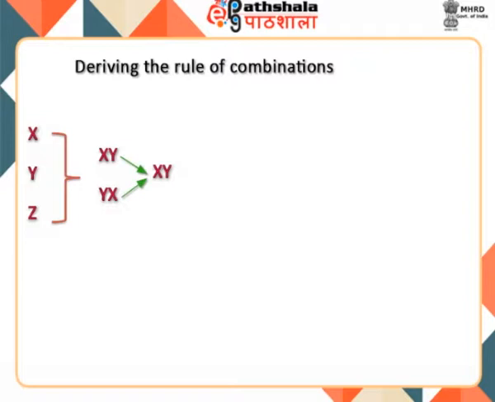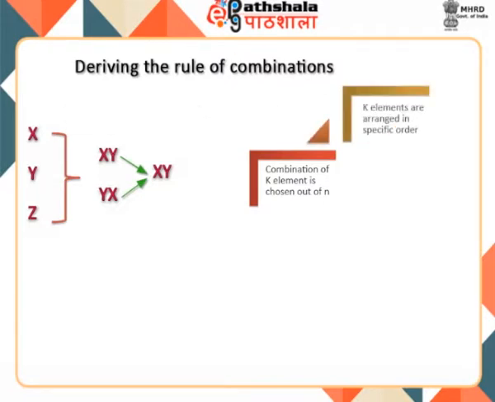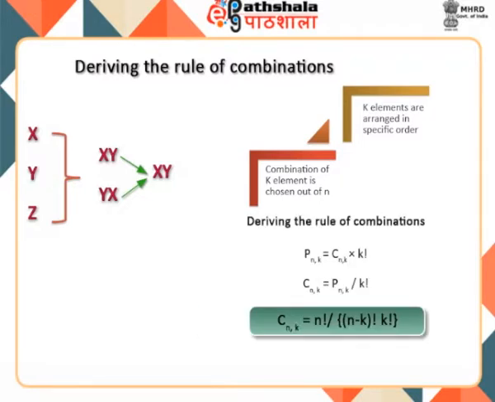First, a combination of k elements is chosen out of n, and second, these k elements are arranged in a specific order and each ordered arrangement is a permutation. The ordered arrangements of k elements in the second step can be done in k factorial ways. In our example, k is equal to 2, as a subset of size 2 was required, and each combination of elements can be arranged in 2 factorial ways to make permutations from the same elements. Thus,